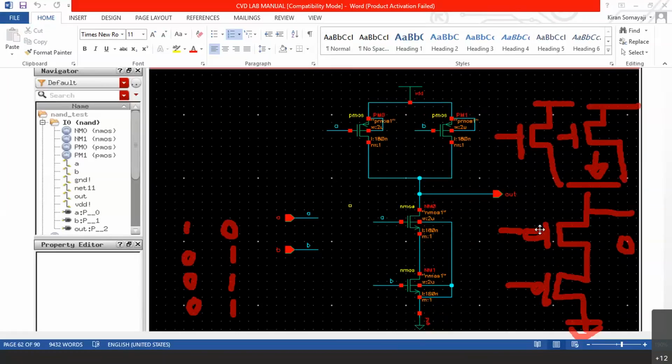Now here it is 0 1. Now this is off. 0, this is 0, this is on, this is off. The lower switch is off. So output will be what? It will be Z. Output will be high impedance. Because if this is on, if it has to become 1,